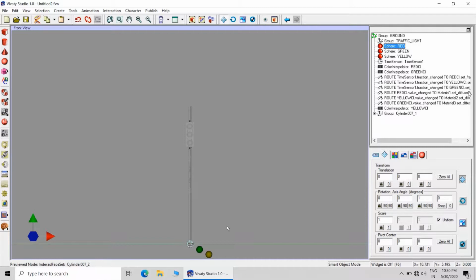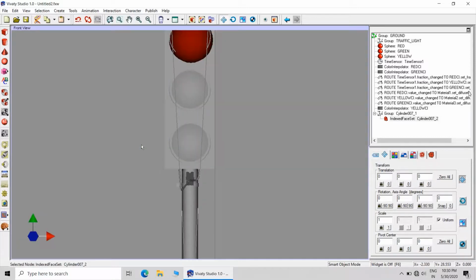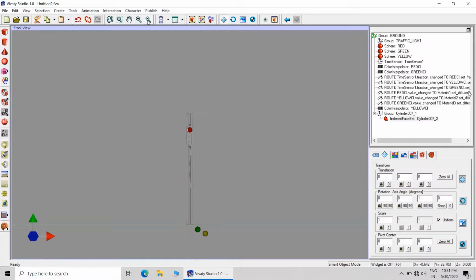Now next thing will be to fix the sphere at the appropriate position. Here the problem is that the sphere is of bigger size than the socket. So this can be sorted out by scaling up the traffic lamp assembly. At present the scaling is 12 units.